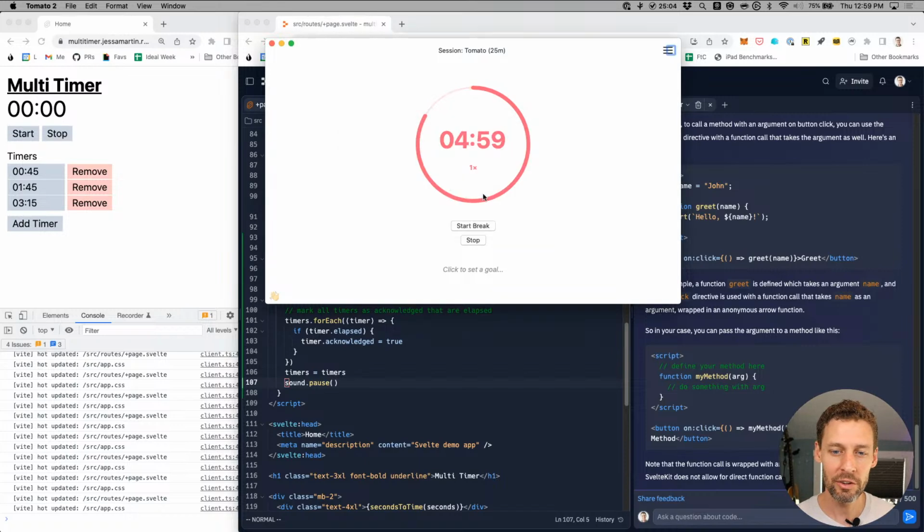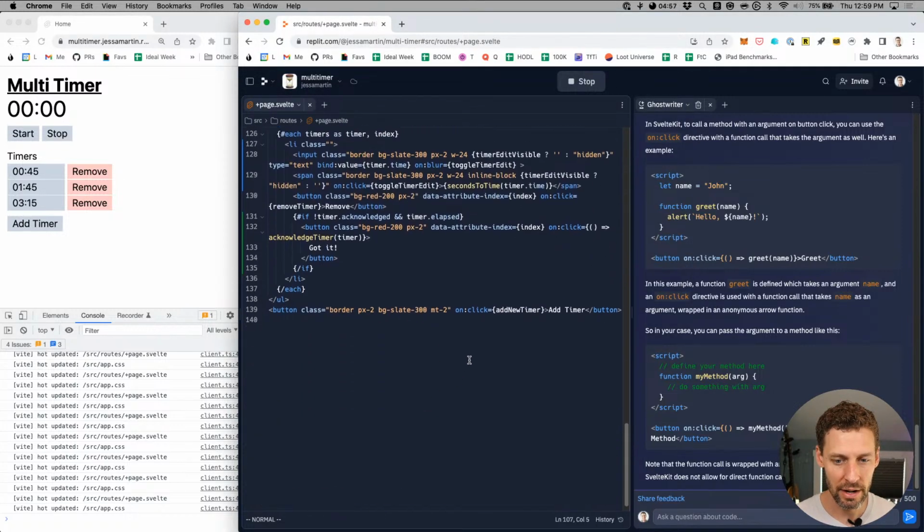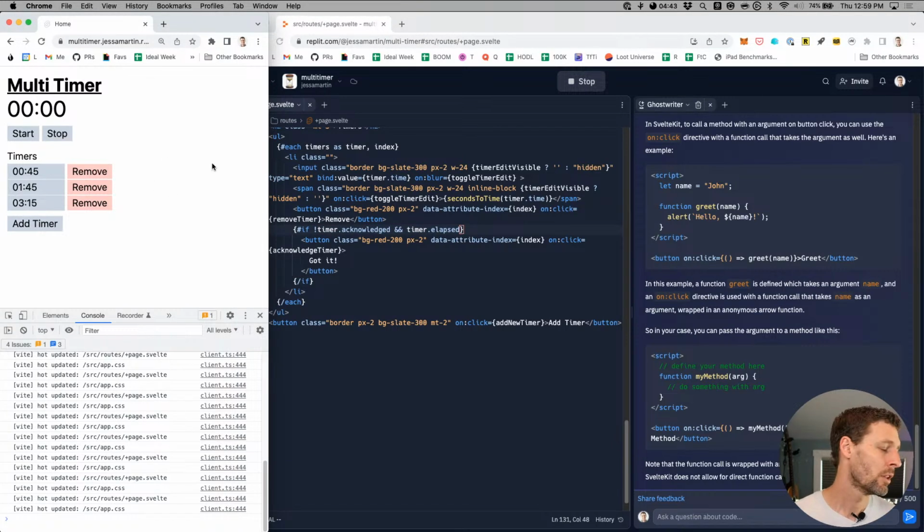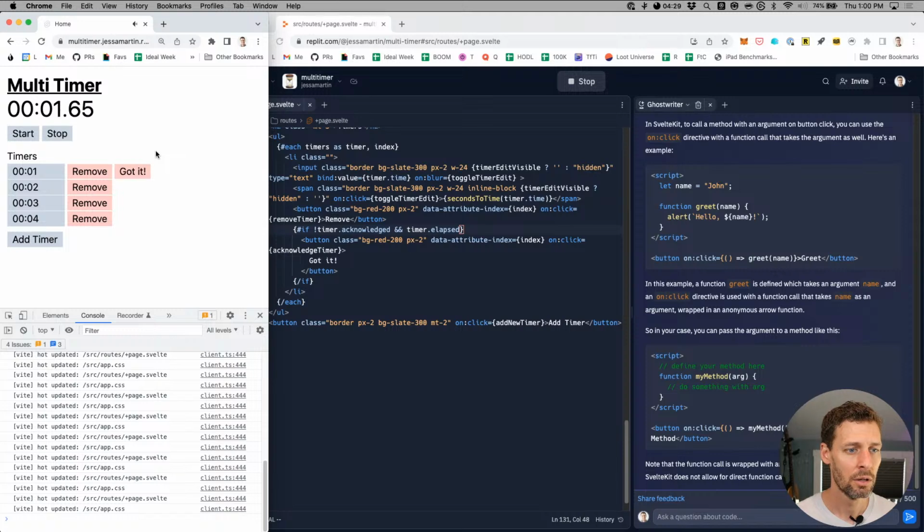Let's give ourselves 5 more minutes, and because we just made this code change that I think is going to solve the stacking problem, but let's find out. So now we're going to delete that. We don't need the anonymous function, wrapping acknowledge timer and passing an individual timer. We're just going to call acknowledge timer when any one of them runs. Now, the one case that's a little weird here is we'll have multiple opportunities to acknowledge the timer, multiple buttons, but we'll change that in a minute. Let's go ahead and hit start though. Great, got it. Perfect. Okay, cool. When we click any one of them, it does not acknowledge the rest of them.